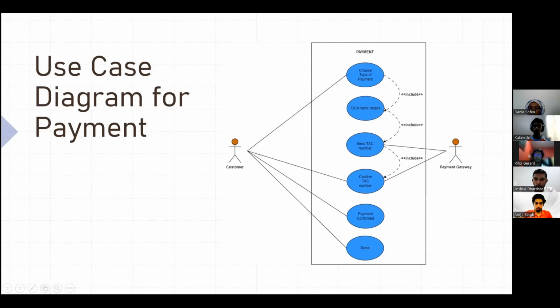So my name is Muhammad Rifki, and I'll continue to explain about the use case diagram for payment. So this use case diagram illustrates the interactions and functionalities related to the payment process within the system. This diagram showcases the actors involved, which are the customer and the payment gateway, as well as the actions